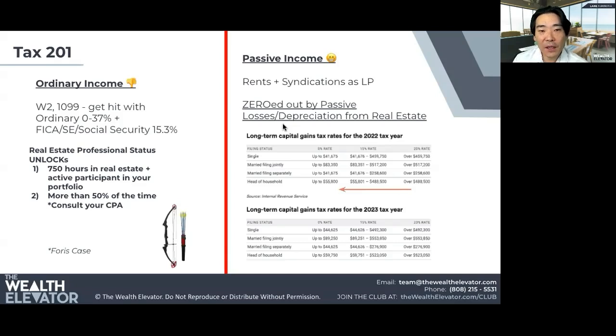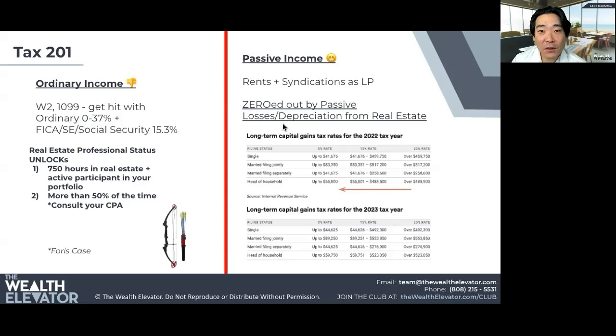But yeah, the 50% is, I think, the automatic disqualifier for some people, right? And I would cite the Fortis case law, where this guy was trying to get qualified for real estate professional status and had a full-time job. He should have done it some other ways, maybe a short-term rental property, or maybe have some rental properties that he runs and allocates hours to. But because he had a full-time job, it disqualified him.